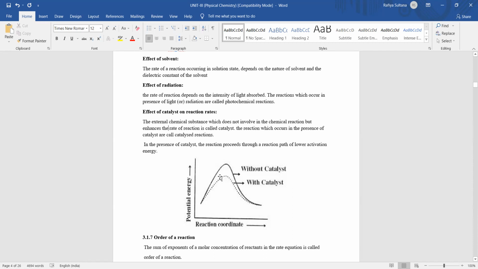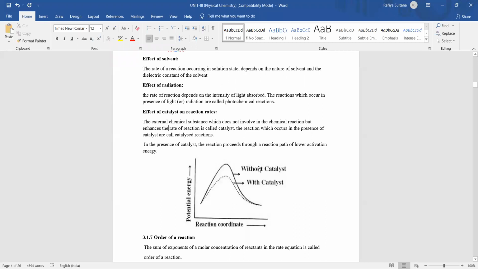And this barrier is known as activation energy. Without catalyst, this barrier, see here from the center to the bottom here, and this position indicates products, and this position here indicates reactants. It should be there. It is not there. Please write down in your notebooks. This energy level indicates reactants, and here it indicates products. So this is the activation energy required for reactant molecules to enter into the chemical reaction and get converted to products.